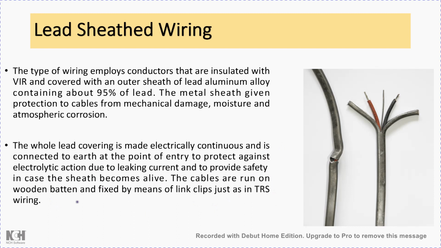So basically this metal part is grounded at different places, because if something happens inside the wiring, like a short circuit, the conductor will come in contact with this metal sheet. But if it is grounded from outside, the persons who are in contact with this outside sheet will not usually get an electric shock, if the outer sheet is grounded at different locations and connected to earth. Because of the earth connection, it will also have less leakage current. So that is about the lead sheeted wiring.